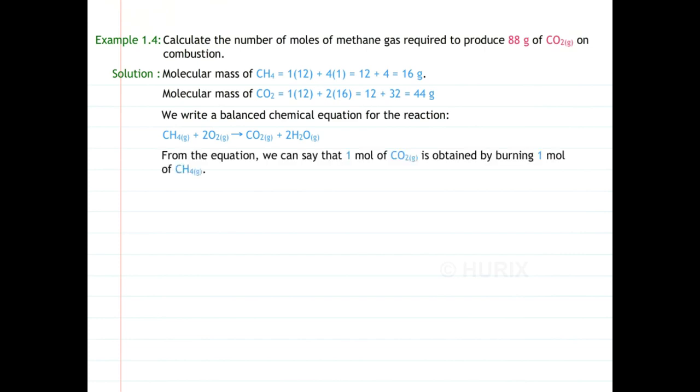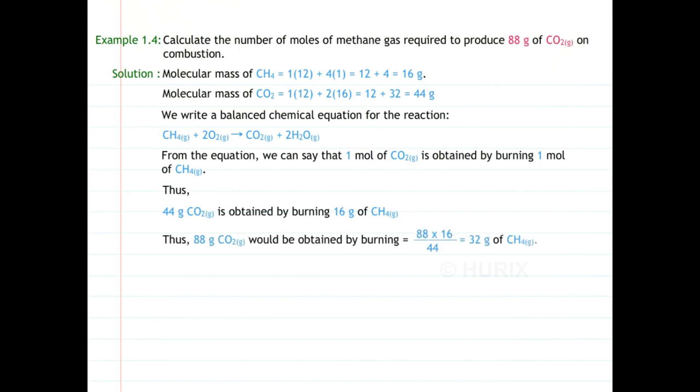From the equation we can say that 1 mole of CO2 gas is obtained by burning 1 mole of CH4 gas. Thus, 44 grams of CO2 gas is obtained by burning 16 grams of CH4 gas. Thus, 88 grams of CO2 gas would be obtained by burning 88 into 16 by 44 equals 32 grams